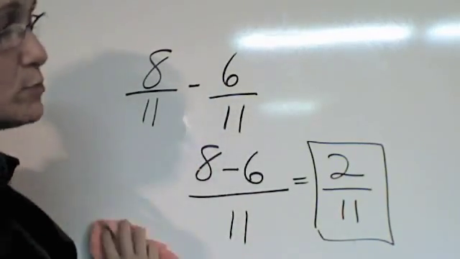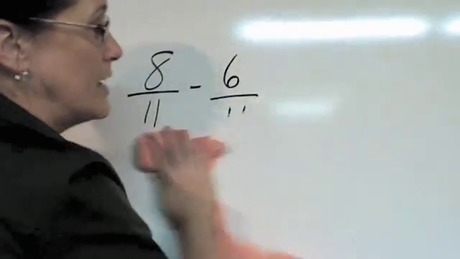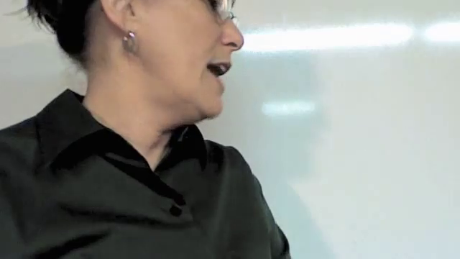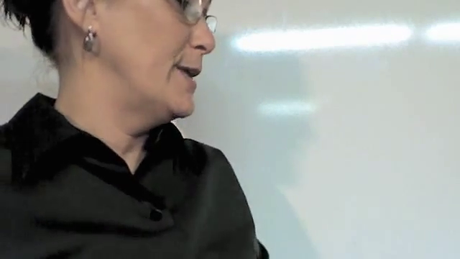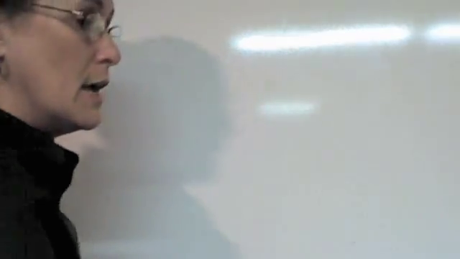That's how you add and subtract fractions. You must have a common denominator. But what happens if you don't have a common denominator? If you don't have a common denominator, you're going to have to get a common denominator. Now, let's say